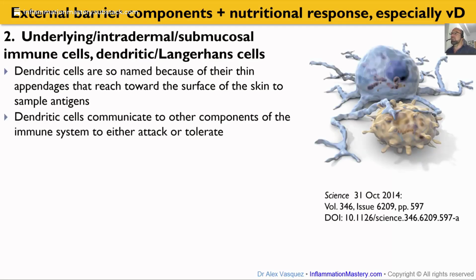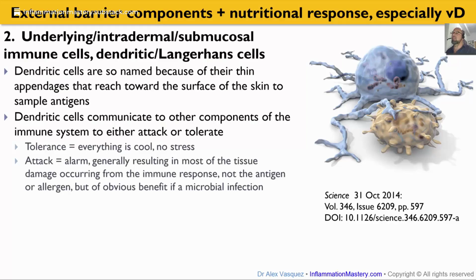Dendritic cells communicate to other components of the immune system to either promote attack or inflammation or tolerance. So with tolerance, everything is cool, no stress, no inflammation, and the reverse is true if the signal is sent to attack. That alarm or inflammatory signal actually contributes to tissue damage and the further breaching or compromise of